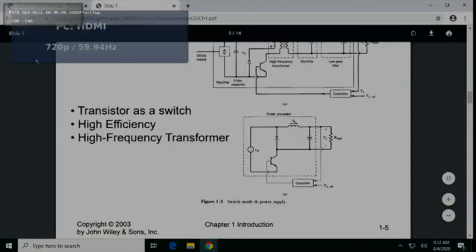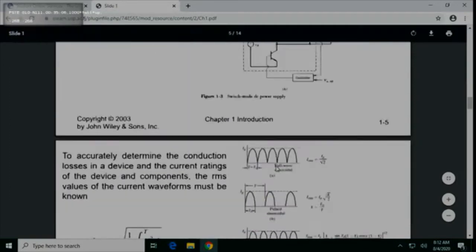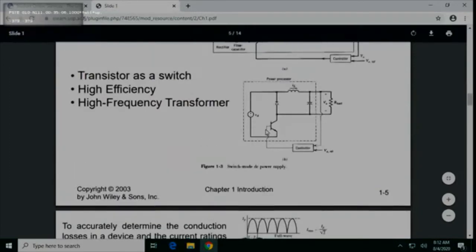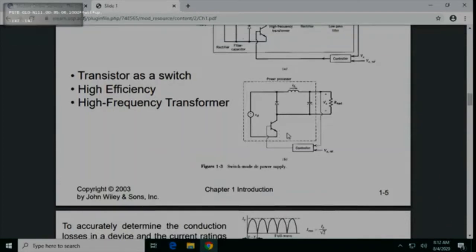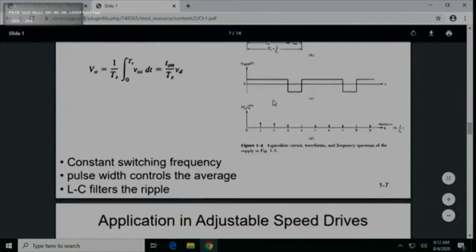Okay. Any case, just note this down. If we are going to use this switch, note down: by operating the transistor as a switch at about 300 kilohertz, this transistor I am talking about, we can obtain a desired DC output. Now we are going to see how. We'll come back to this.